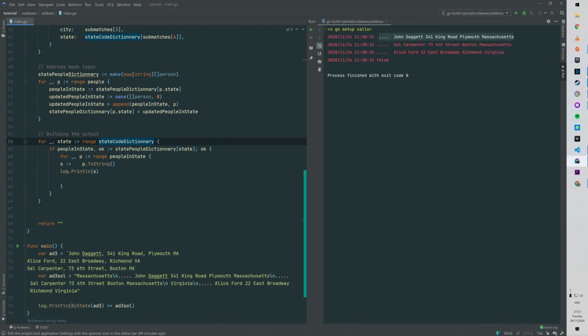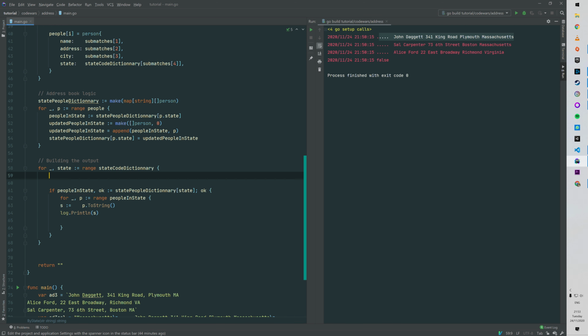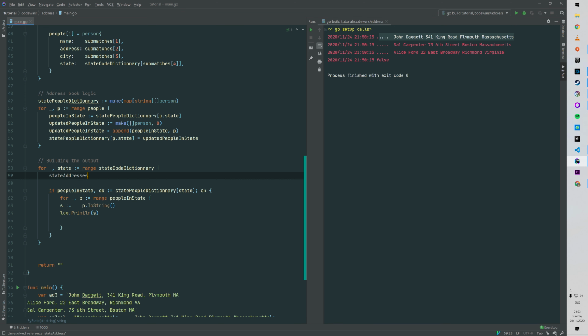State addresses. Okay. So when we're looping through by state, we want to create a slice of strings. So it's going to be state addresses string, and then we can say